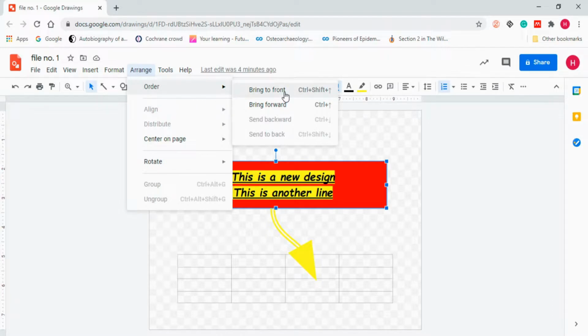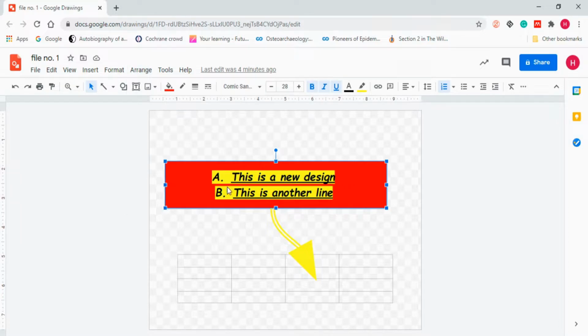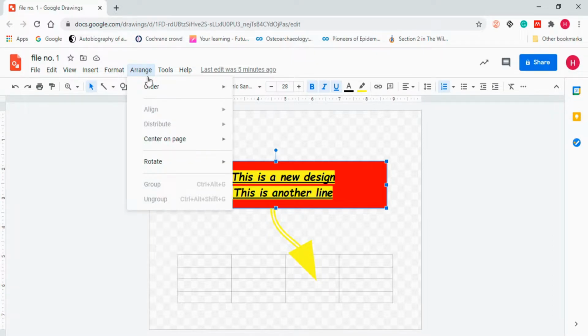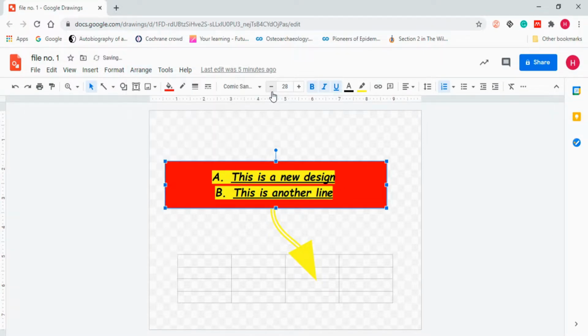You can see bring to front or bring forward. What I have written is just "forward" on our text box. Now if I want to make this box forward and send the arrow backward, in that case I will use the order section, bring to front.